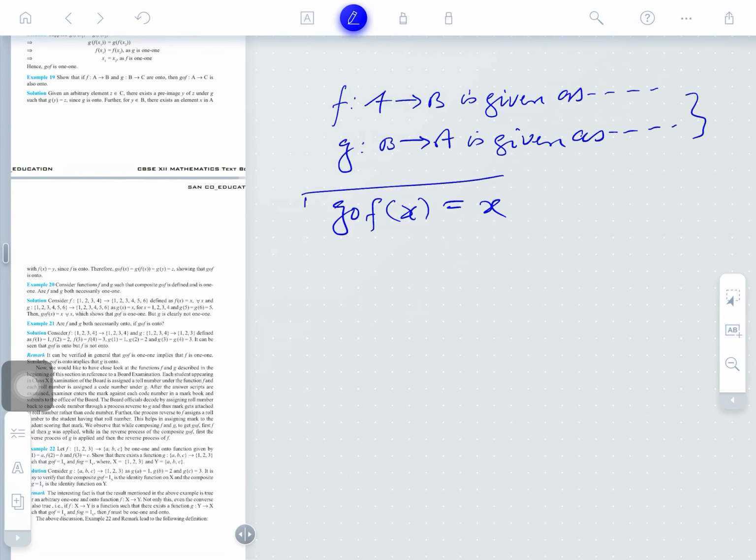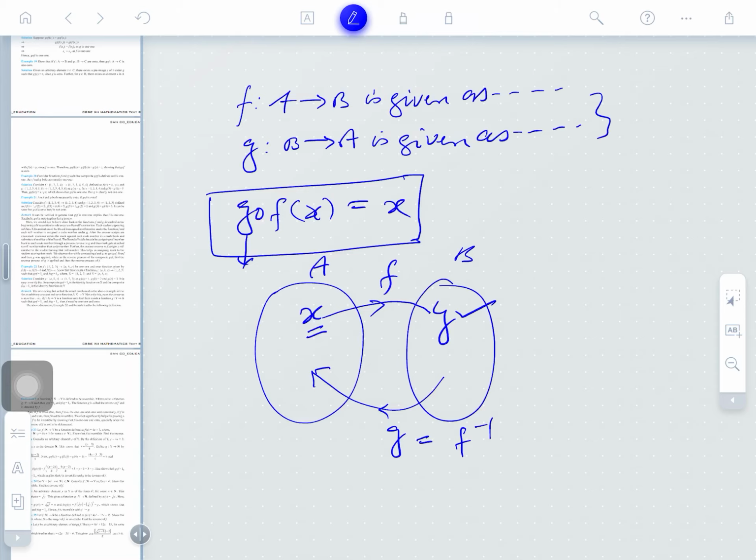We can understand this more by giving an example. There are two sets, A and B. Under the function f we can bring the image y from x. Another function is also from B to A, named g, from which we can bring y back as x. So g is called the inverse of f. This is the definition.